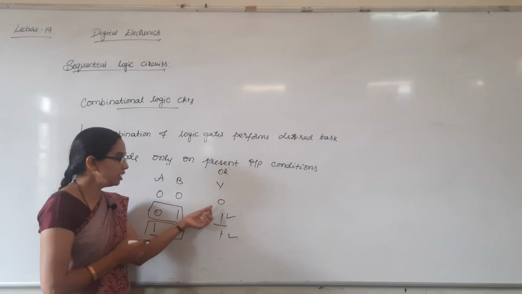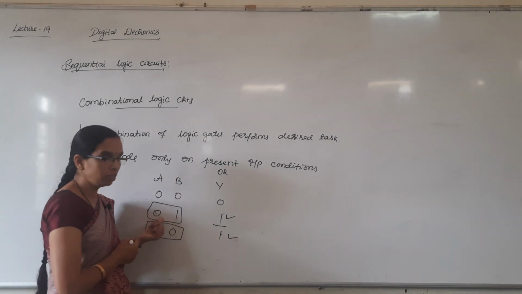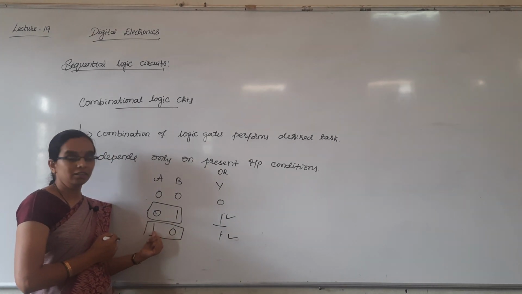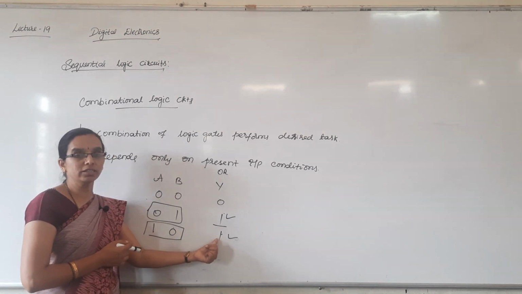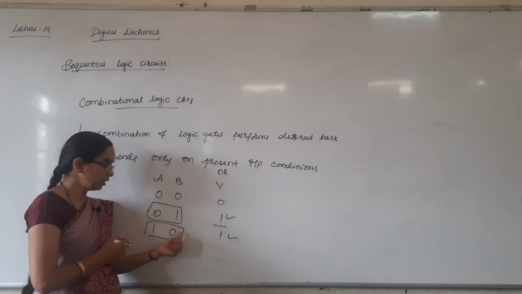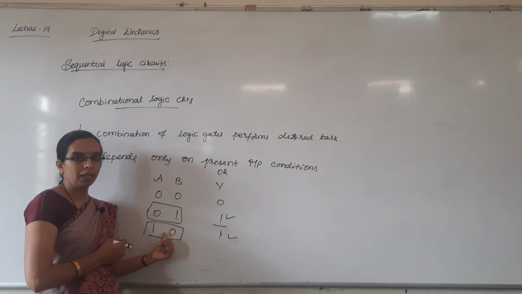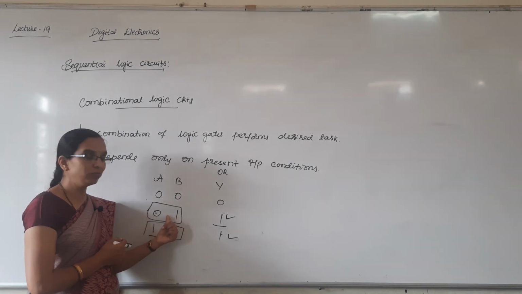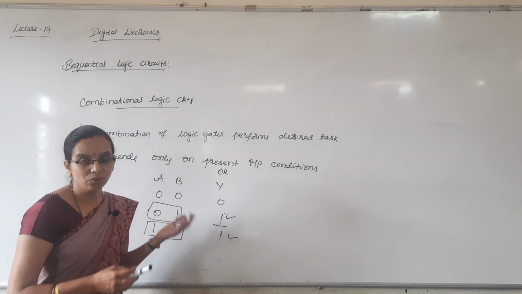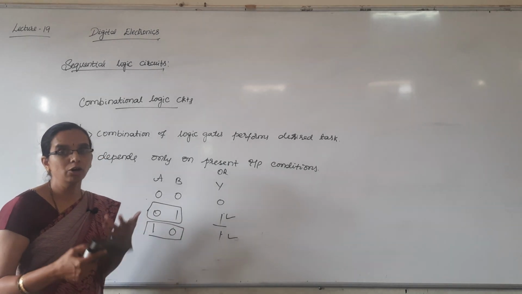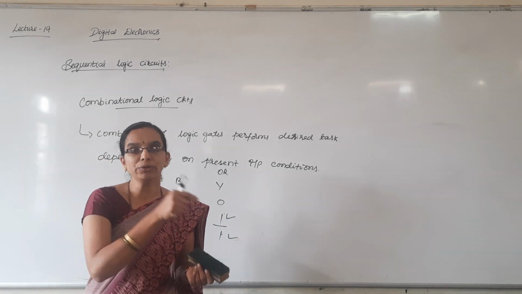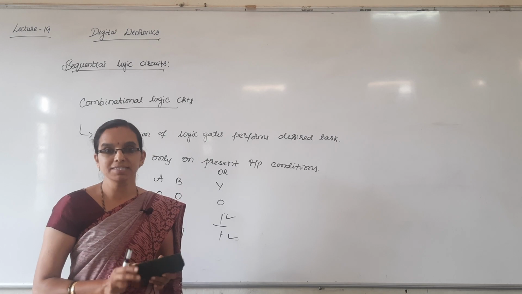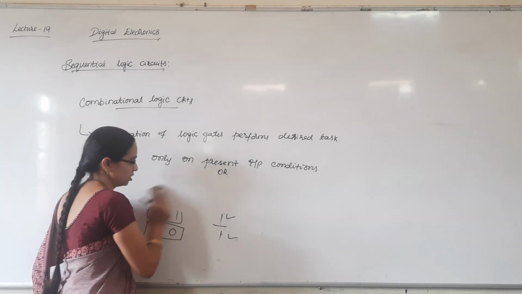That means previously it was 0. Once you change the input conditions, the output changed to 1, and again for 1 and 0, the output is 1 only, again depending on the present input conditions. It will not memorize or remember what the previous input was. So, once you change the inputs, the output changes according to the input at that time. It checks the present input condition and gives the output. That is a combinational logic circuit.